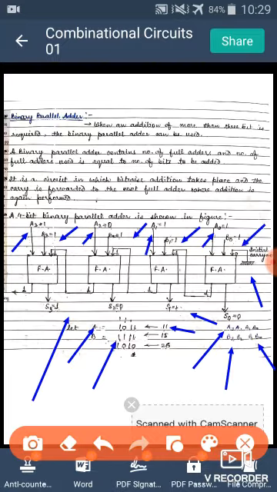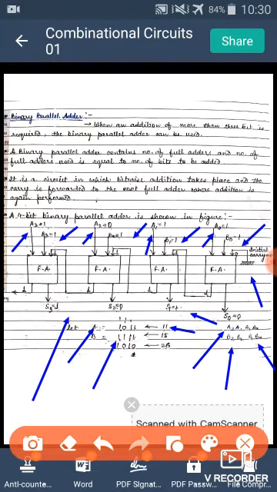Now what will happen here? See, in the block diagram there are full adders. So like we have taken the example of A like 1011, simply put A3 equals 1, A2 equals 0, A1 equals 1 and A0 equals 1 in this block diagram, and put B3 1, B2 1, B1 1 and B0 equal to 1. In this diagram there is initial carry because we are performing only the addition operation.